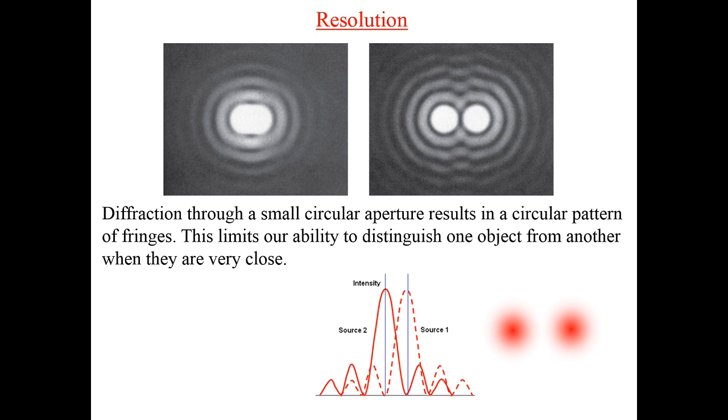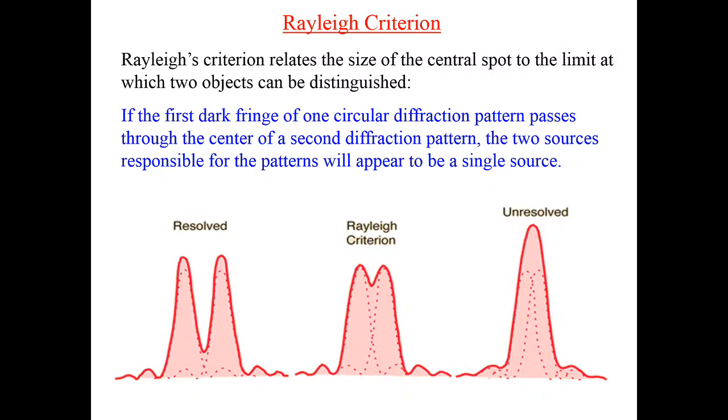So if this difference in angle is 1.22 lambda over d, then the two center peaks will overlap, but you can probably tell that there are two separate sources. This idea is called the Rayleigh criterion, which relates the size of the central spot to the ultimate limit at which two objects can be distinguished. The Rayleigh criterion is that if the dark fringe of one passes through the center of the bright spot for the other,